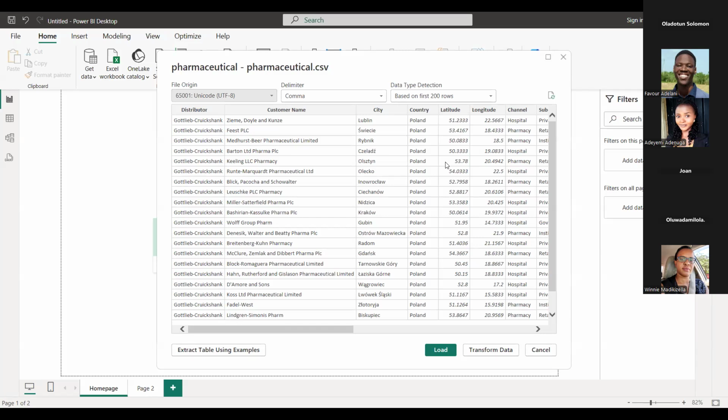All right, thank you. Now, there is a data analytics term that is called ETL, that is extraction, transformation, and loading. So extract, transform, and load. Basically, what Power Query does, like my friend here just said, is that Power Query enables us to transform and load data. Now, let me show you a quick preview of this same data set in Excel.